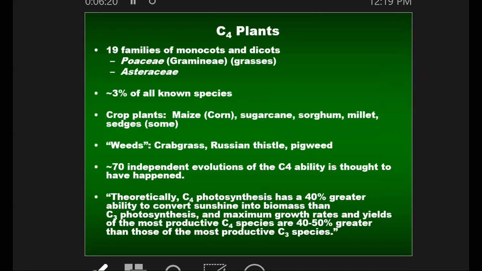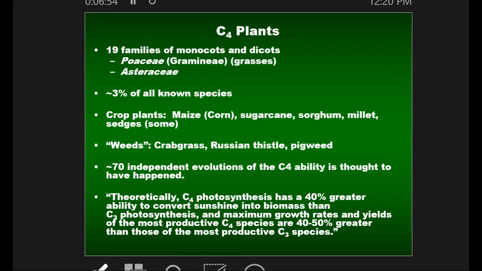And so C4 plants, there's about 19 different families where we could find C4 plants. The grasses are really popular. They have developed a strategy, and if you think about it, a lot of grasses are native to tropical and subtropical areas. And so those are types of environmental conditions where the C4 cycle makes a ton of sense, because you have consistently hot conditions and then droughty periods. And so it makes sense that the C4 cycle,